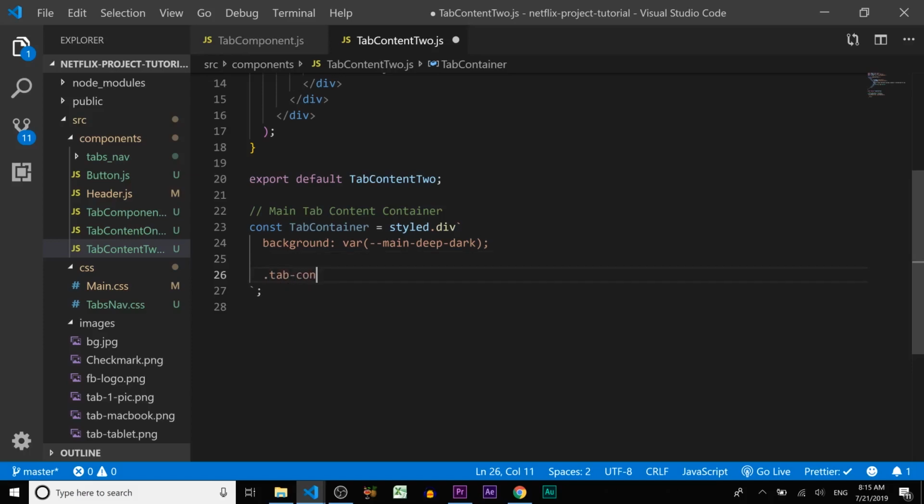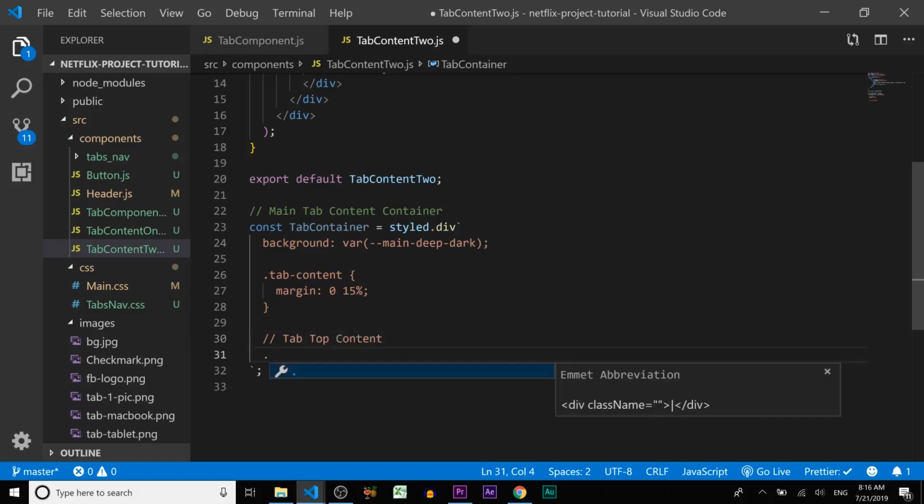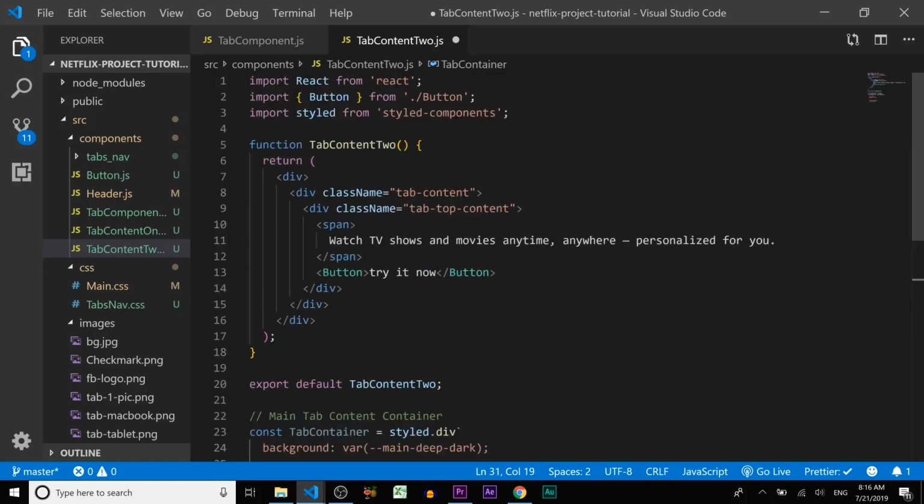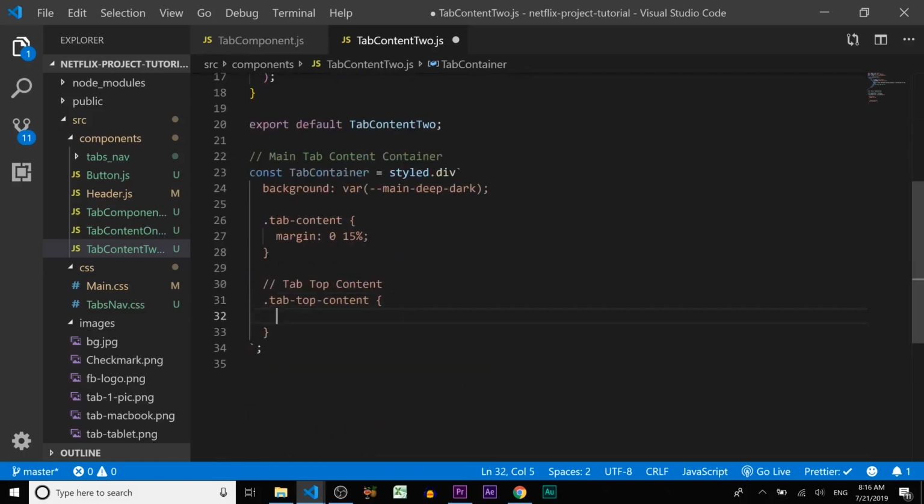Tab content is now gonna be margin on y 0 and x gonna be 15%, and now let's style our tab container with the text and button, so let's comment it tab content, and let's add the class tab content, right, okay,